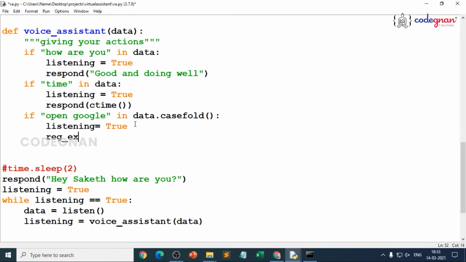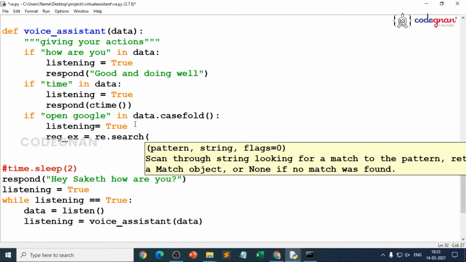The regular expression searching factor is how it should search. re.search of what is a web page. We are just making it open Google. This is our pattern. With the pattern, we can add some more matching with the meta character, that is star, that is matching a single letter or more than a single letter, zero or more. If it's a single letter, it will expand.